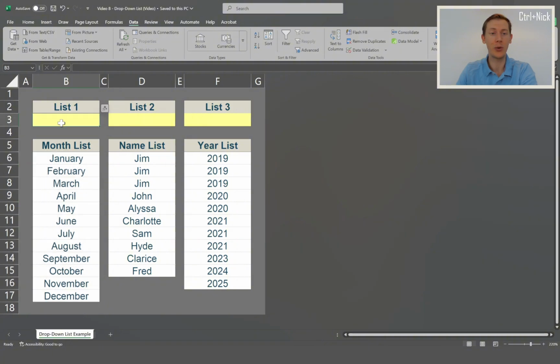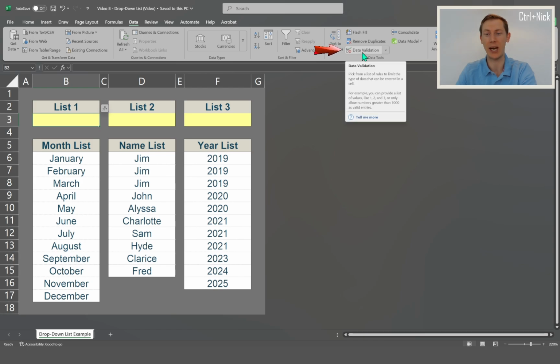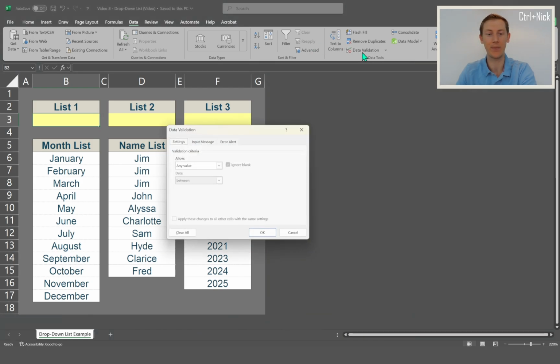So what you want to do to start your drop-down list is go into the Data tab in Excel, and then over to the right, you'll see an option called Data Validation. You just click that. In settings, it's going to be defaulted as that's the first option there. Under allow, you're going to select the drop-down list, and the fourth option is list. You select list, and you don't need to look at ignore blank or in-cell drop-down. You can always work with those later, but we're just going to focus on the default settings,